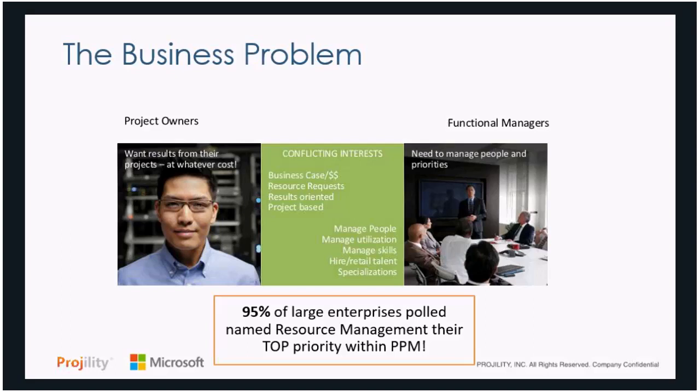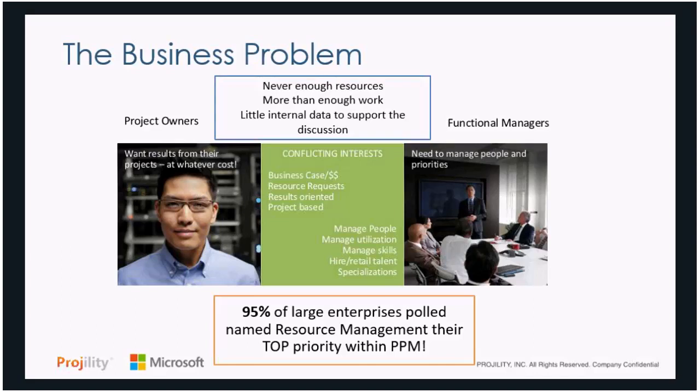And we did a poll of our clients over the last 24 months. 95% of them said their top priority was improving resource management. This is a pretty big pain point. The key challenges we see: you never have enough people. You have more than enough work, and especially at a time like this, we're asking fewer people to do more